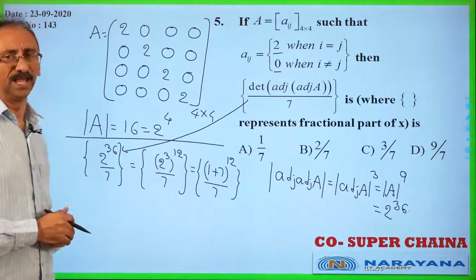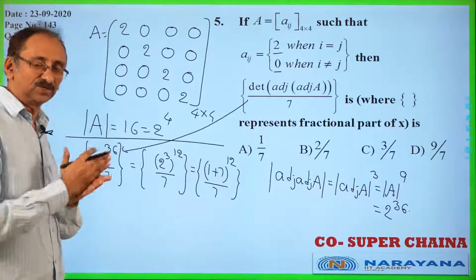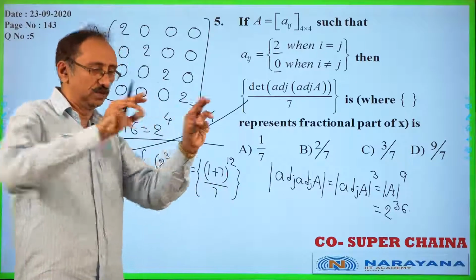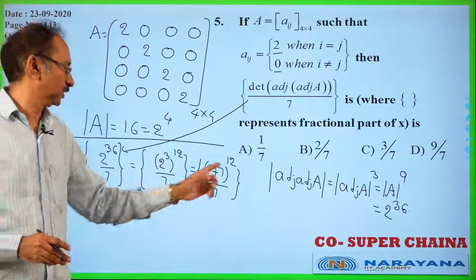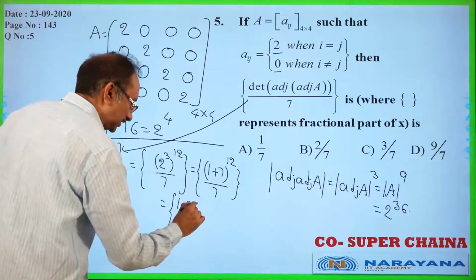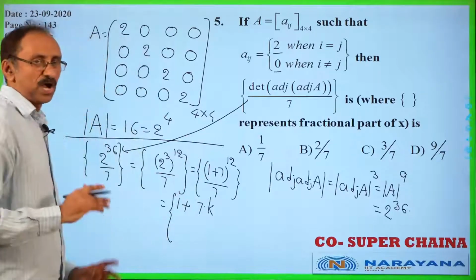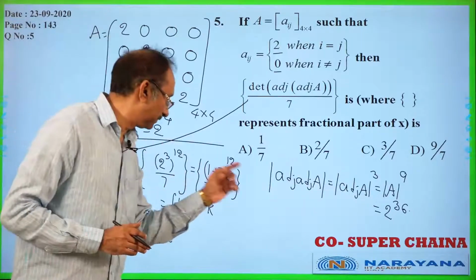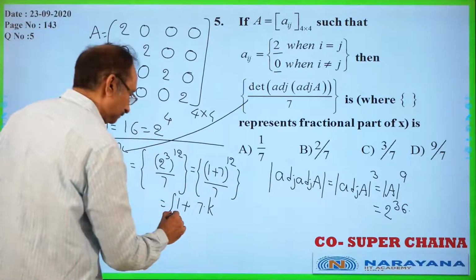Actually it is related to binomial expansion, but you can understand. If you expand that, you will get a 7 square term, a 7 cube term like that. But the first term will be 1 only. If you multiply 1 plus 7 with 1 plus 7, 12 times, the constant term will be 1 into 1 into 1, so on 12 times, so you will get just 1. After that, some constant into 7, I don't bother about that, then some constant into 7 square, some constant into 7 cube, like that. So many expressions will be there. The highest power will be 7 power 12. That means that is nothing but a multiple of 7, by 7.